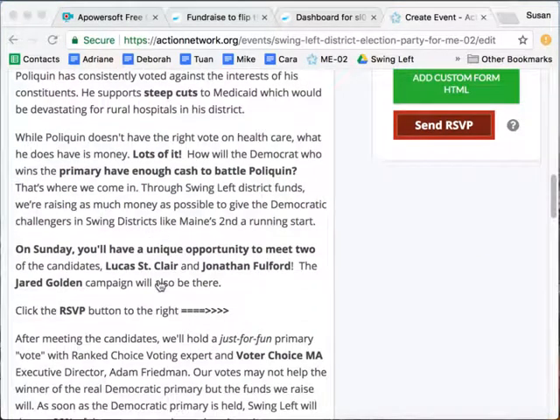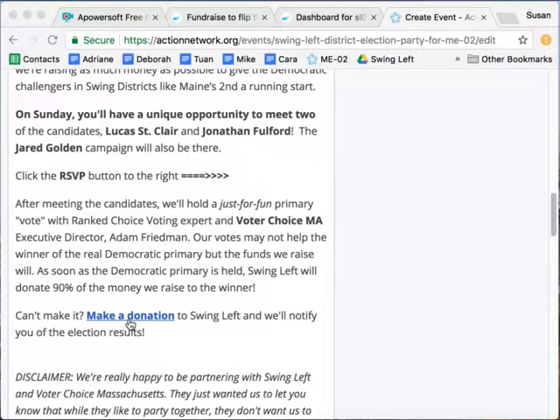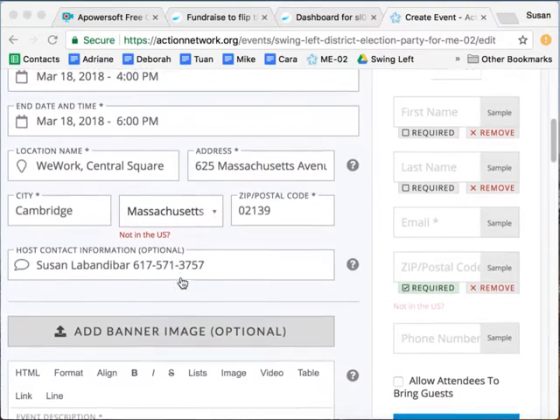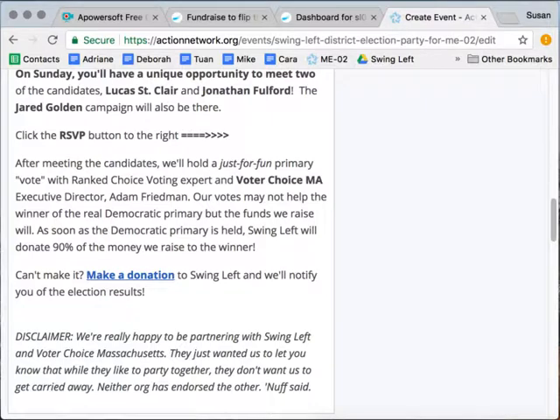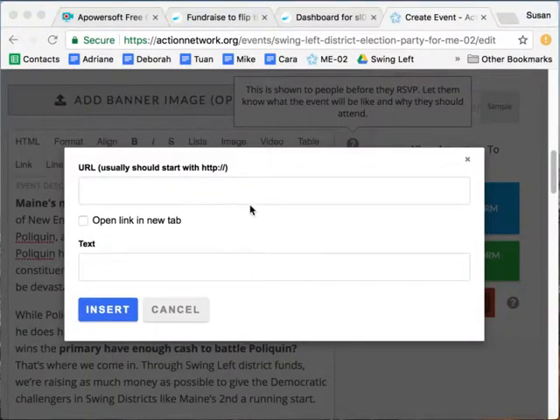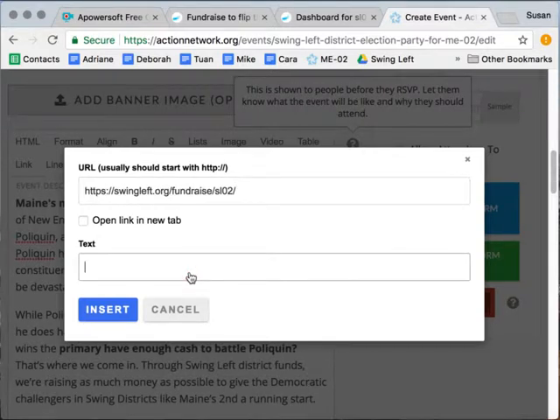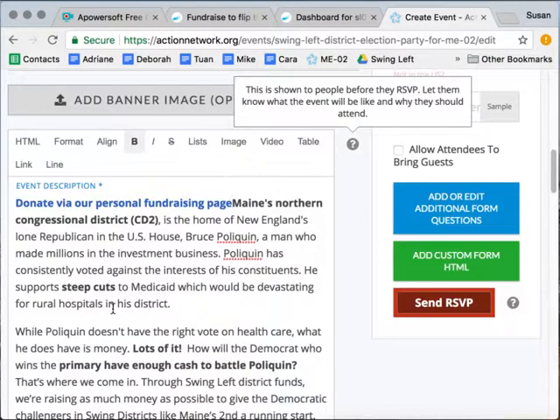And then the text. Here is where you're going to add your link to your donation page if people haven't donated already. And the way you do that is you click on this link thing, and then you can add links with that link button. So this is where we paste our link in. Donate via our personal fundraising page, and then we'll just insert that. So you can go in here,